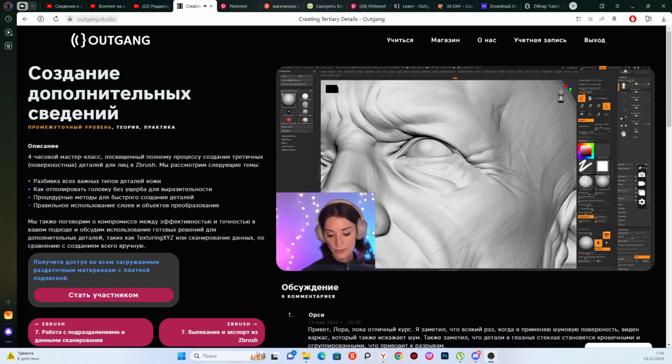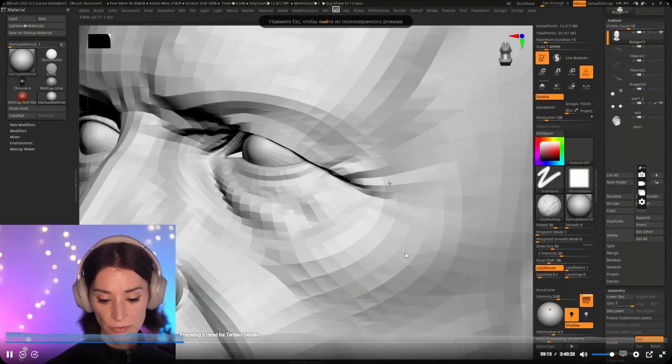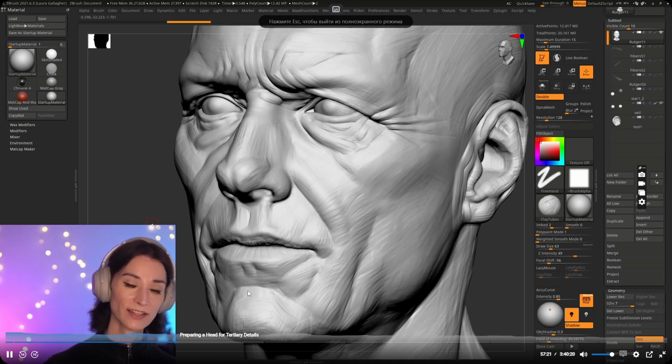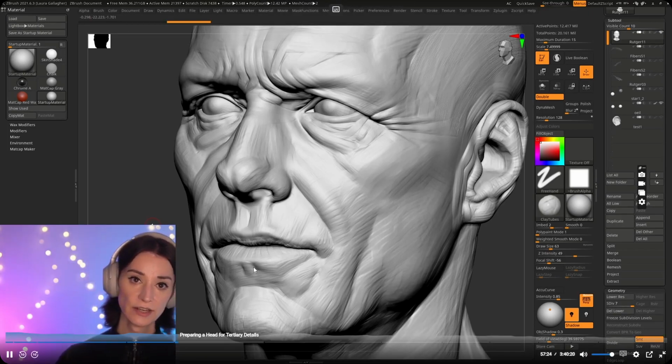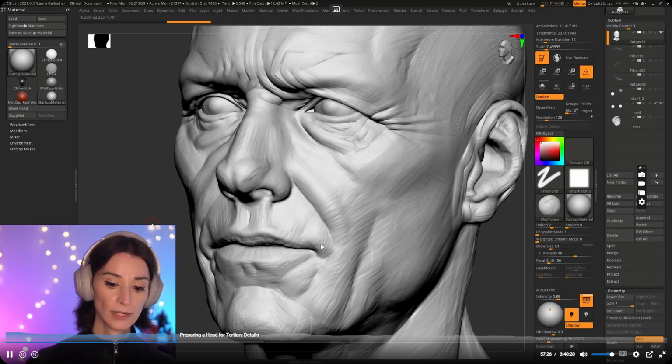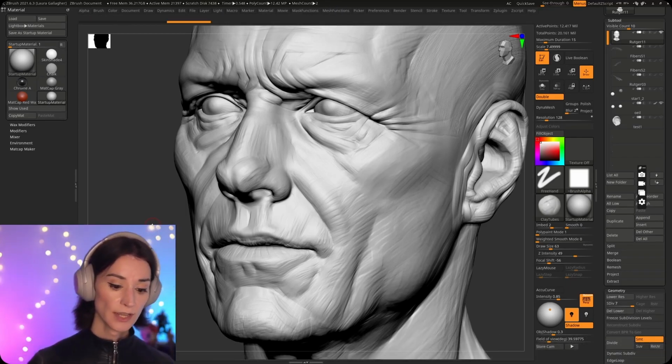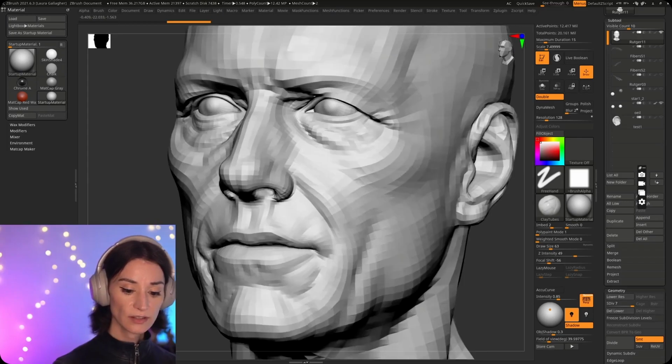Here, they're all essentially just hand sculpted, really. Gang.studio covers how to go about doing that. You'll essentially get to the stage here where your head will look like this, and I consider that, at this